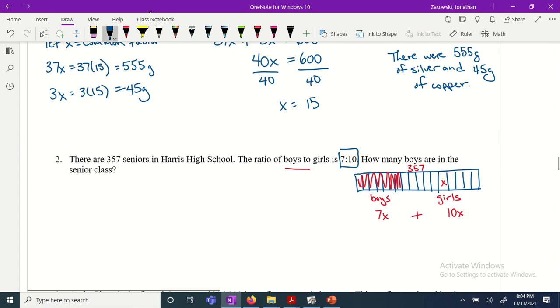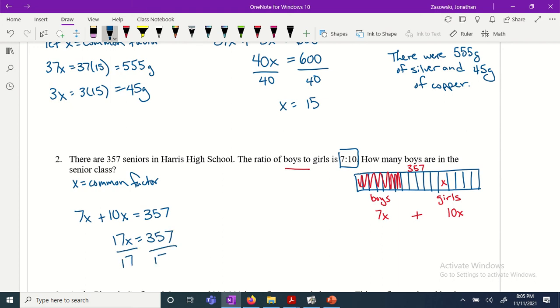For our purposes, when we're doing this question, you don't have to draw this. We're just going to say x equals our common factor. We're going to attach an x onto these two numbers, so 7x and 10x. And then what do I do with these numbers in order to get 357? We add them together to get 357, and now we solve. So 17x equals 357. Divide by 17, and we'll have our final answer here,